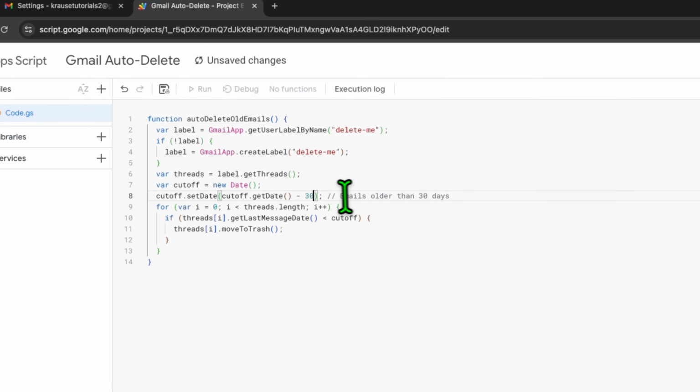So to get a year, you're going to do 365 days for a year, and to get 2 years, it's going to be this multiplied by 2. And this is a for loop that goes through each of those emails and then moves them to trash folder. When you're done, you're going to save this script,